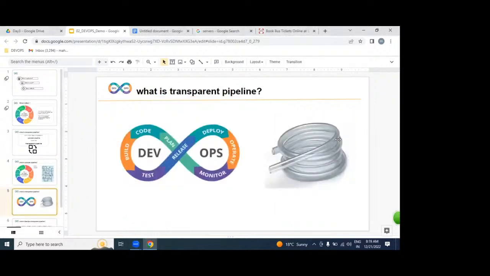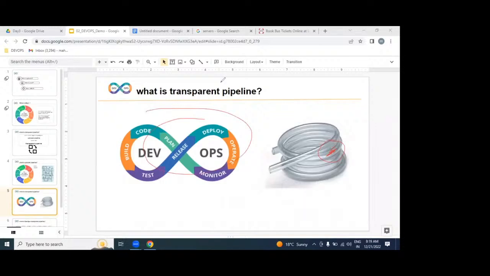So we are replacing the complex pipeline with what? Transparent pipeline. Everything will be visualized. If you get any problem, any issue, we can see it at one look itself, or not. Yes, obviously. With one look we can see it and rectify it as soon as possible. The same way, DevOps also.